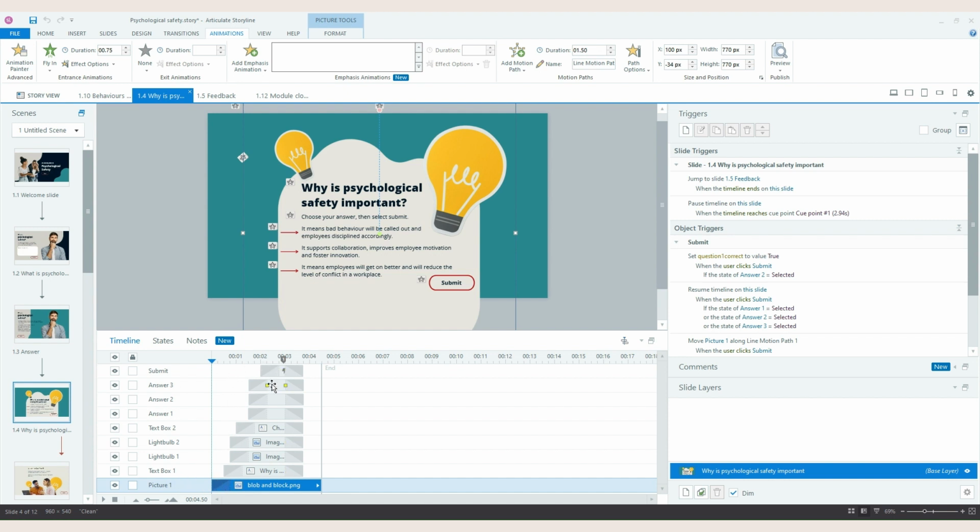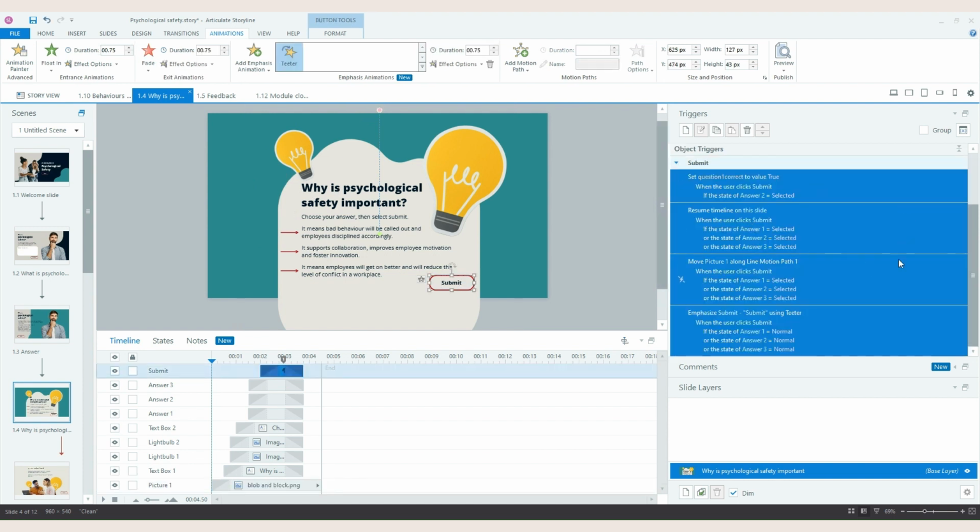So as I've gone through already, it works exactly the same. All the animations come in. The submit button is our trigger, which is what will move the timeline on. It pauses once everything's gone in. The learner selects their answer. They click submit. And if we can see here,